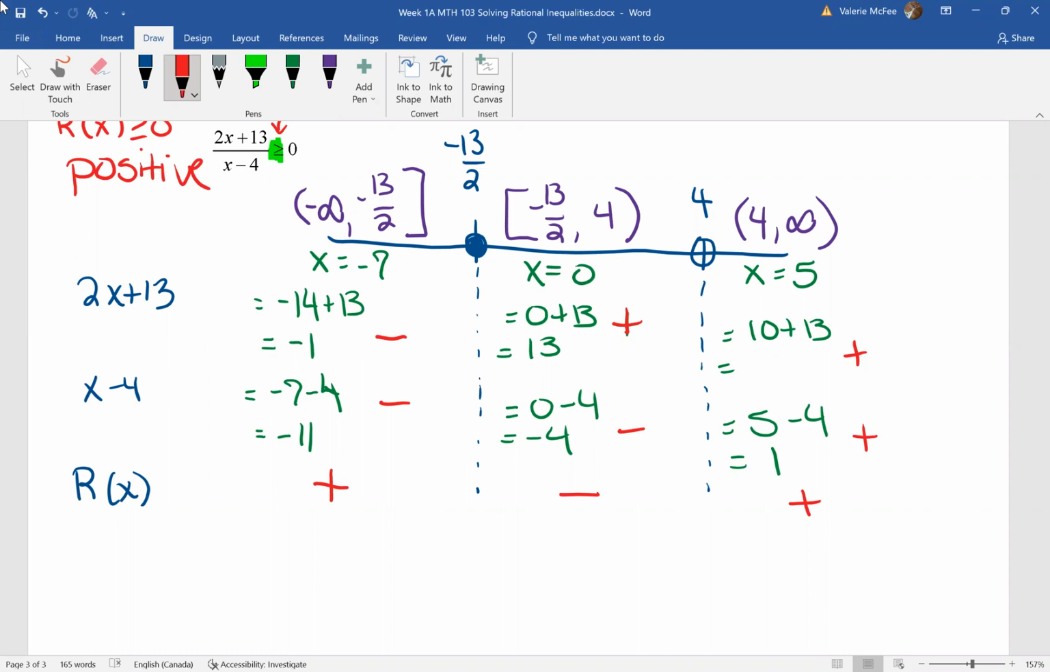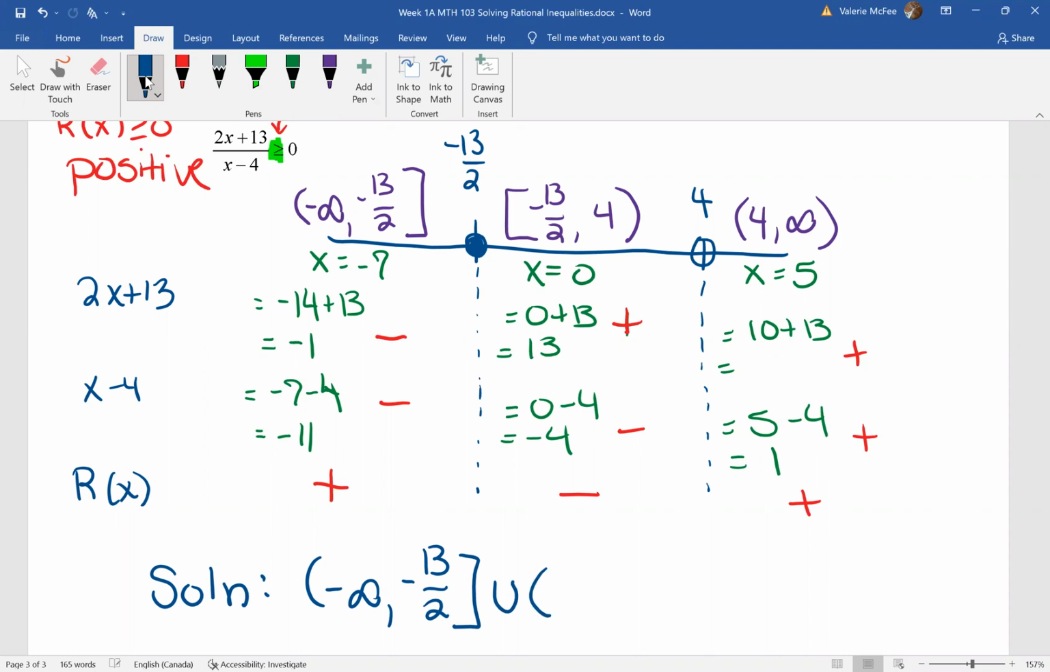So for this question, we have two intervals in our solution. We have an interval from negative infinity to negative 13 over 2, closed bracket, and a union with the interval